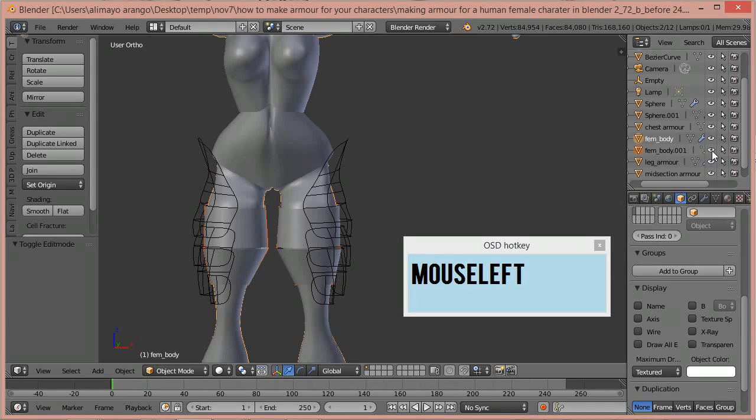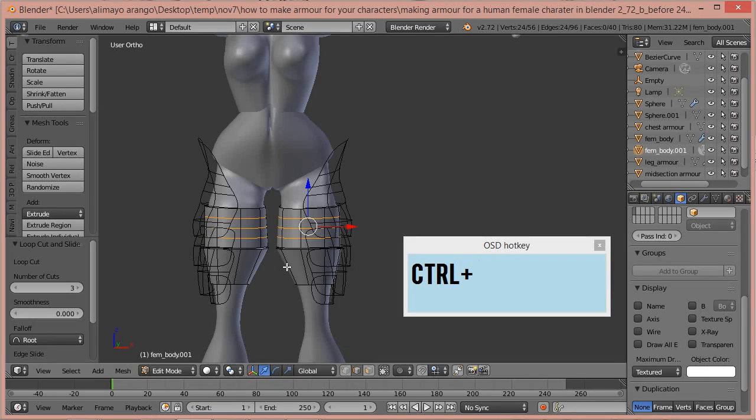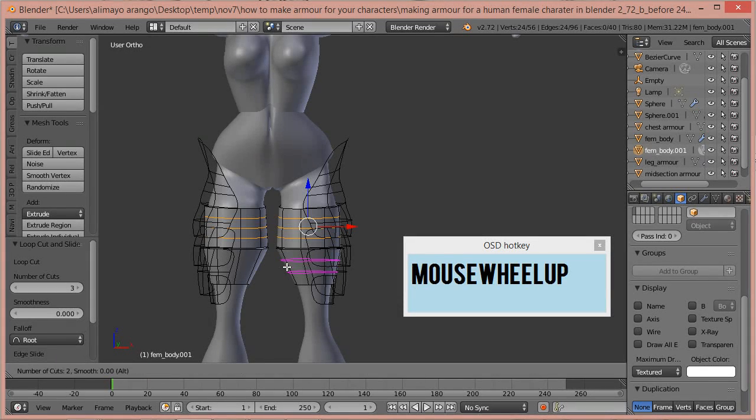Here in object mode, we can see if we select here, they disappear. We're not going to name these because we're actually going to join them to these pieces right here. So we're going to make sure we're selected on here and click edit mode over here. We're going to press Control R to put a loop cut right there. We'll put 3 loop cuts in. I'm going to left click to lock in because it's mirrored. That's why you see it going to both sides. I'm going to press Control R, put a loop cut in, roll the mouse wheel once, then twice, to get 3